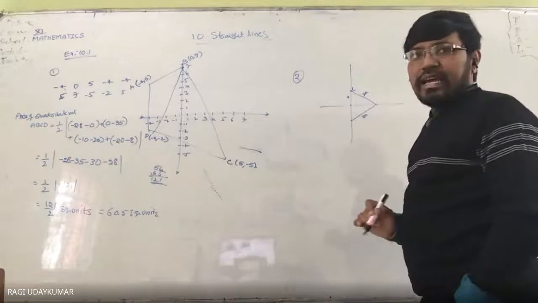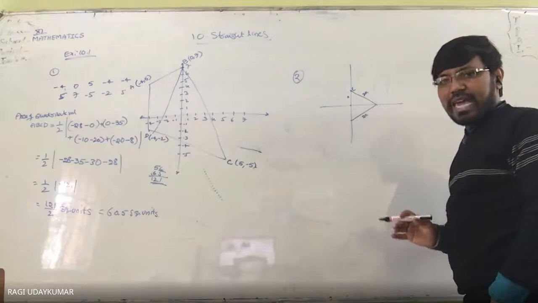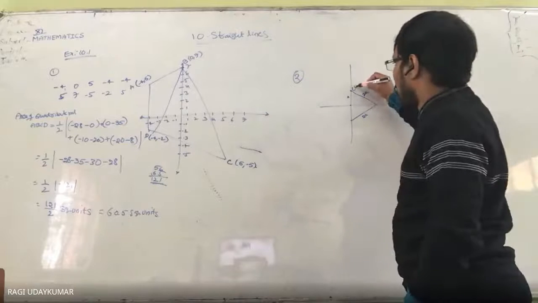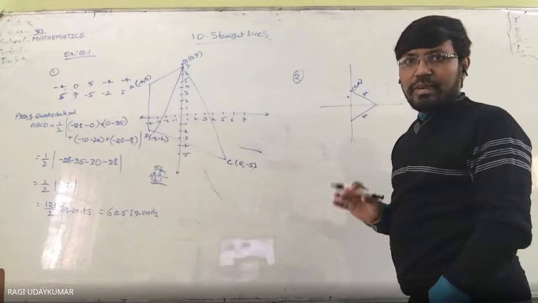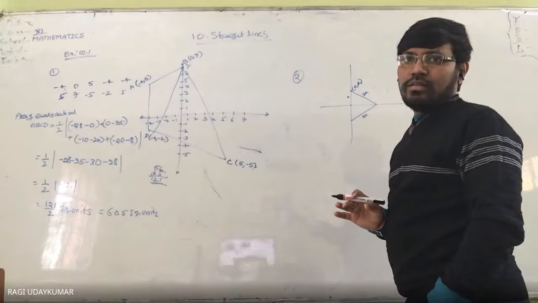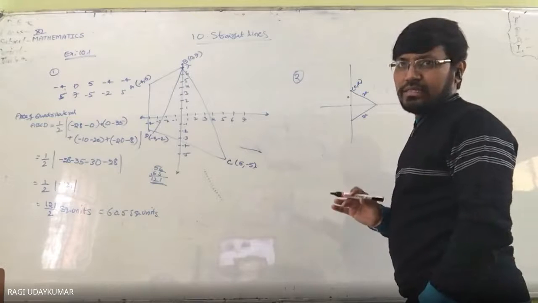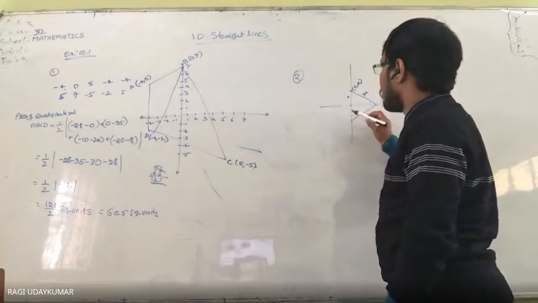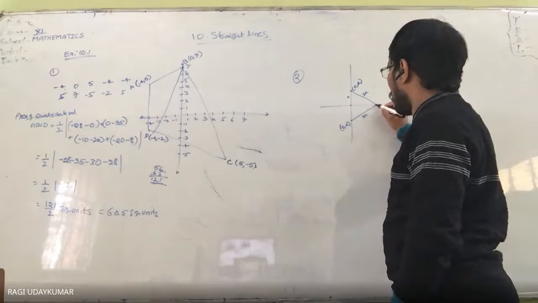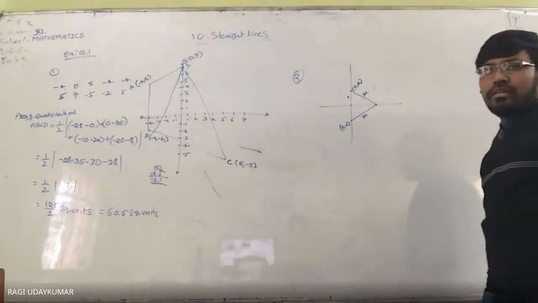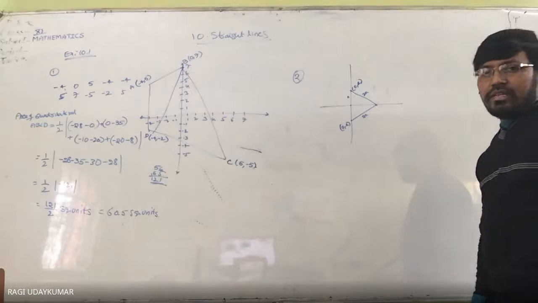What are the coordinates of the point? On the y-axis, x will be 0. So 0 comma a units. Midpoint of the base is the origin. Origin is given to you, and the base lies on the y-axis. Along the y-axis it is given. So this is the point 0 comma minus a. So what are the coordinates of this point? Can anyone say?